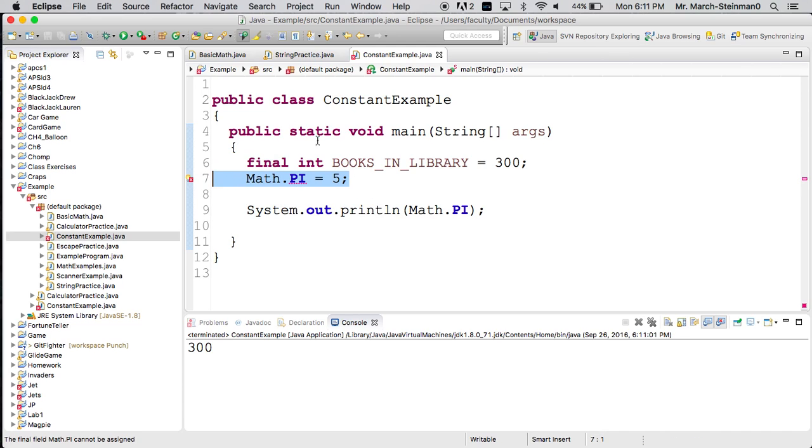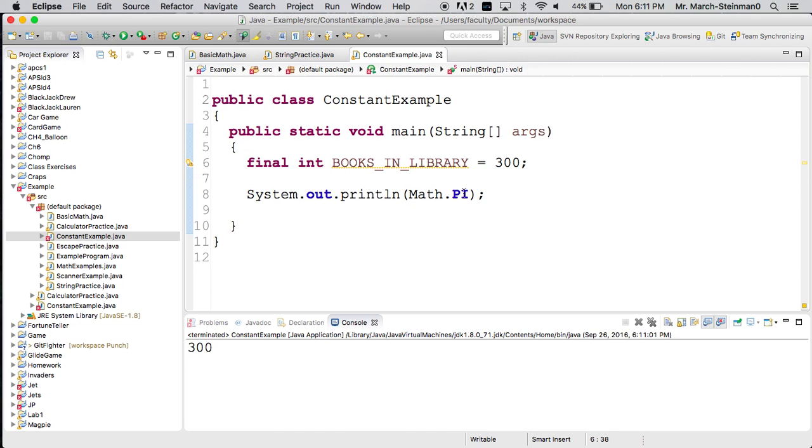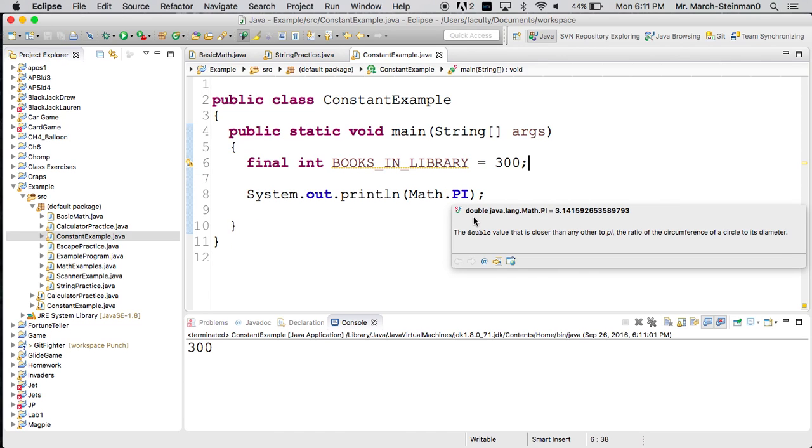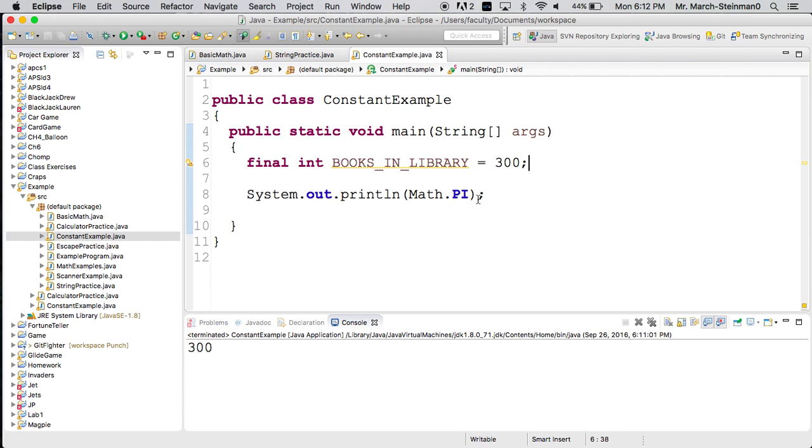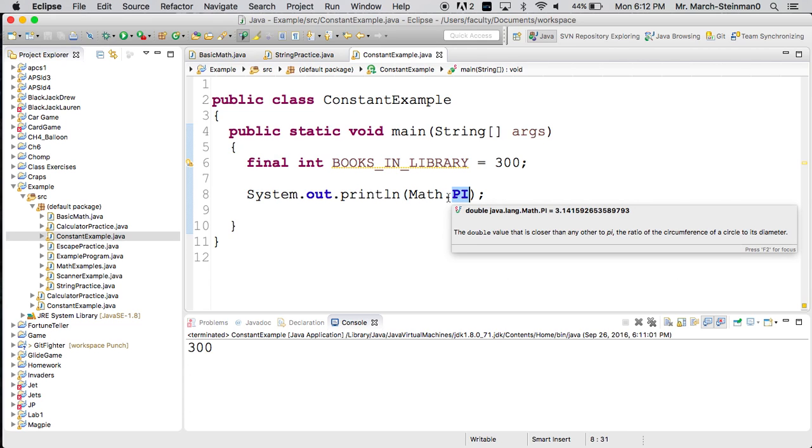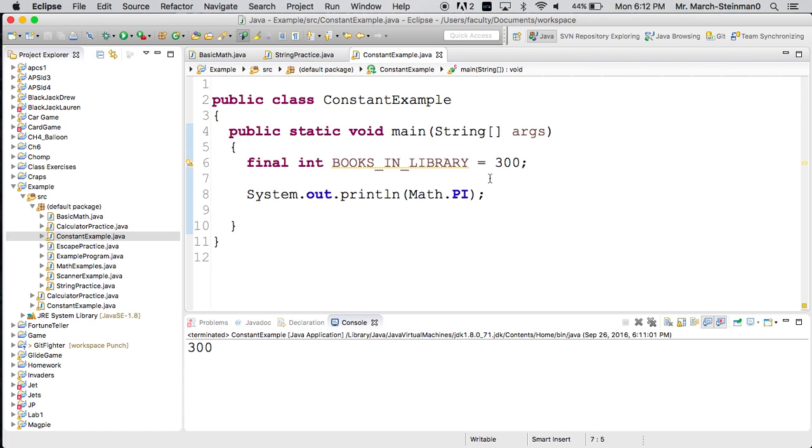So again, we have a final field. We delete it here. We'll mouse over PI and we'll see that it's a double value that's closer to pi than any other. And the reason we know it's a final is because it is capitalized. This ends our discussion of constants